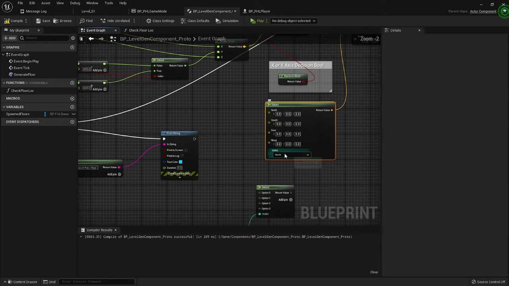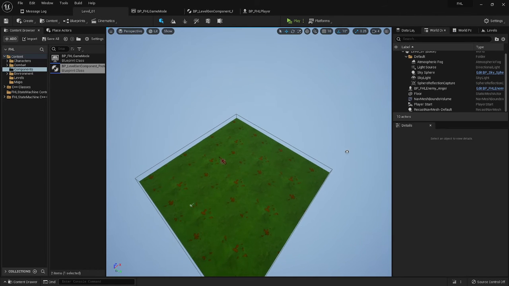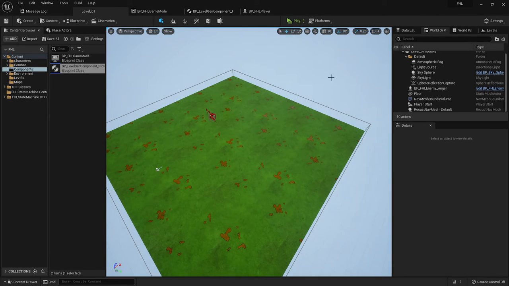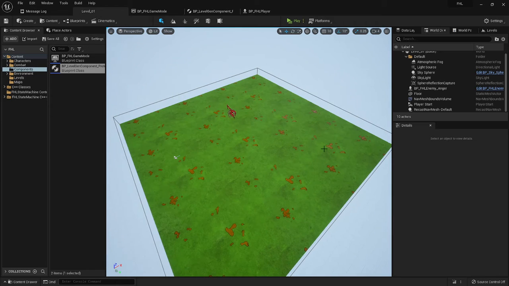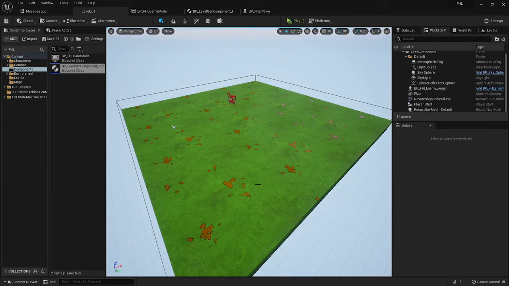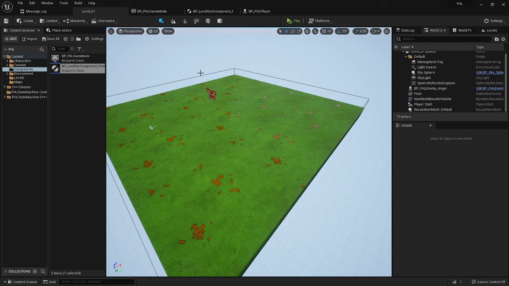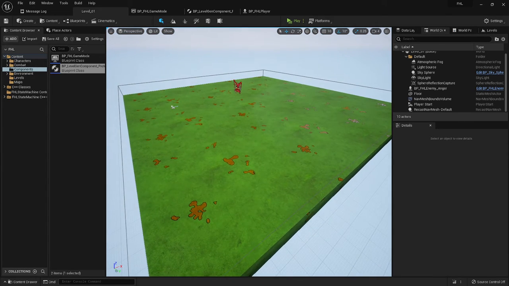But before we can do that, I want it so that the location would not be anything that already has a floor on it, or a location